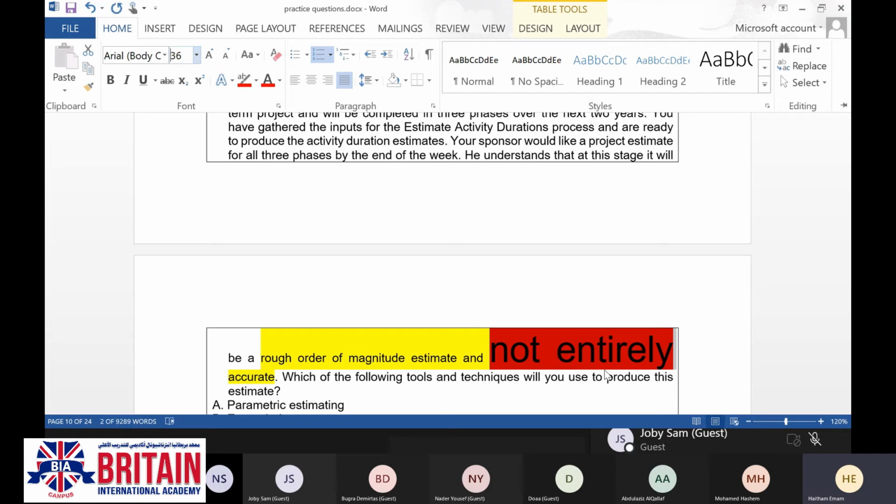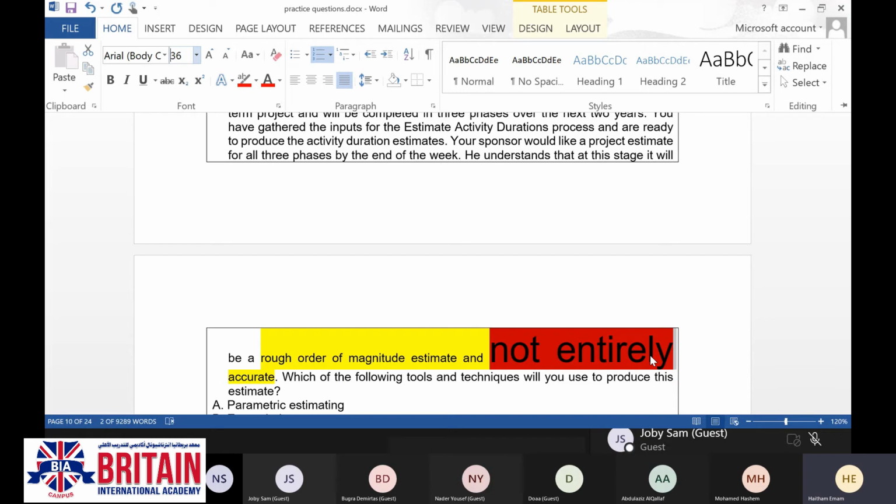Why is it not entirely accurate? Because here we are not looking for the details. We are looking for the big picture. We are talking about the analogous estimating.